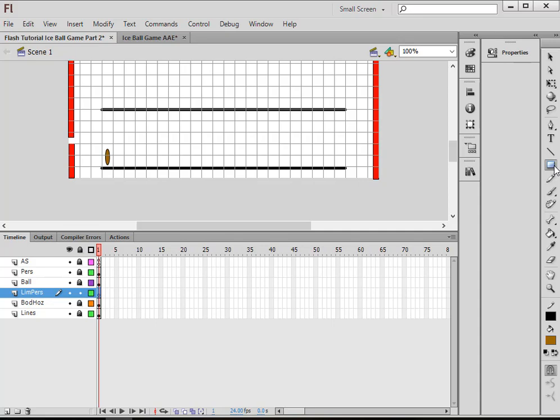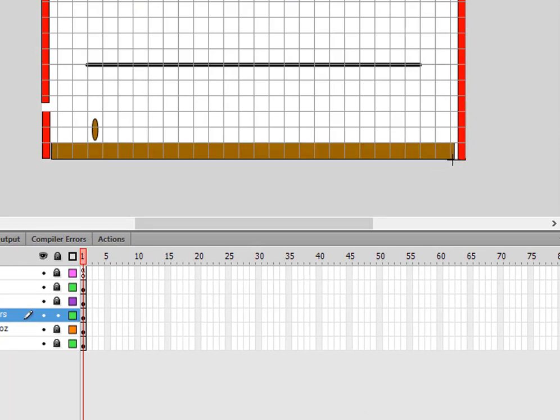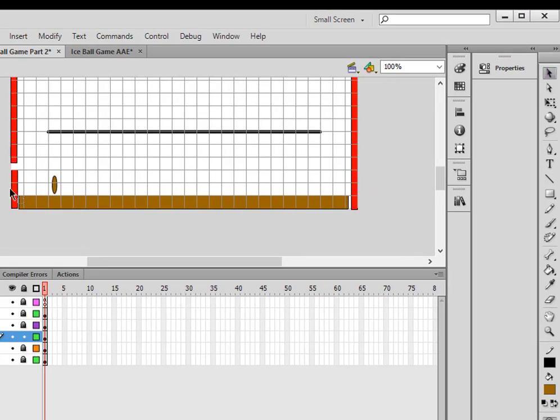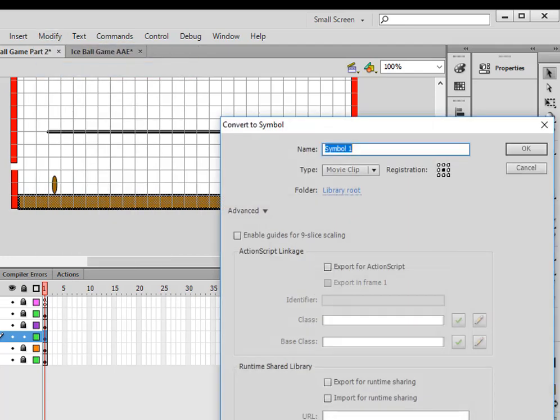I want my rectangle tool. It doesn't matter what I have for stroke or fill right now. Start about here, just shy of that, and right through like this, and just shy of that. There. Highlight it, modify, convert it to a symbol. Make sure a movie clip is selected and give it this